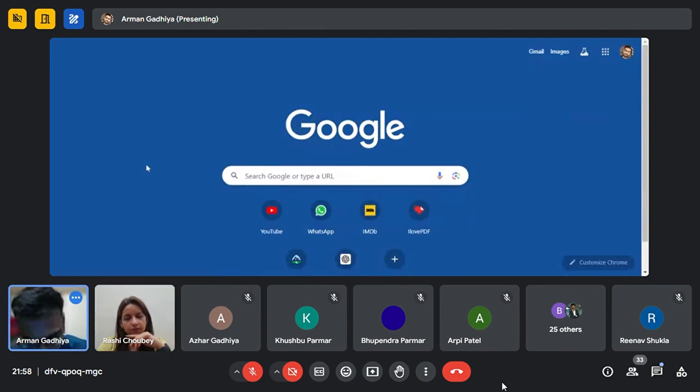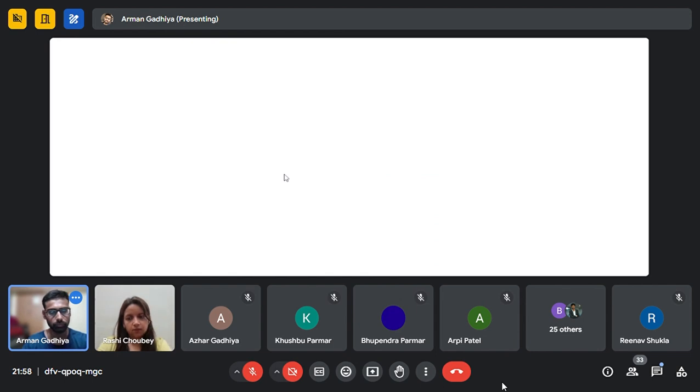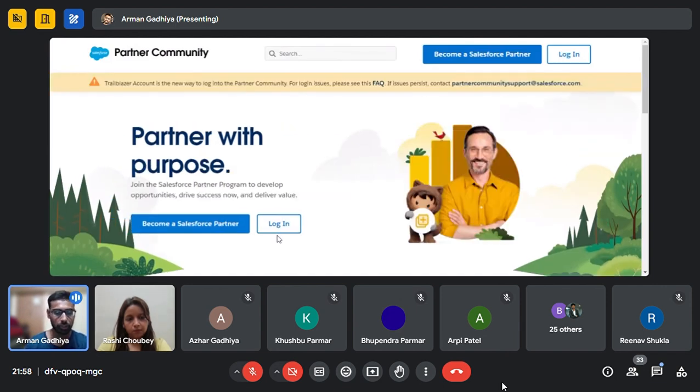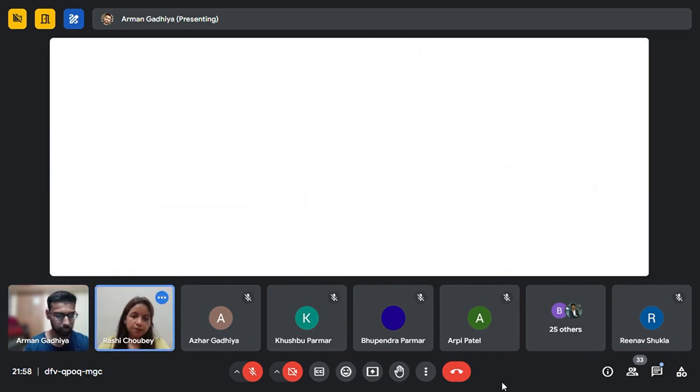Okay, so the very first step is you need to go to the partner portal of Salesforce. So you can just write partner.salesforce.com. Okay, so first I need to log in.